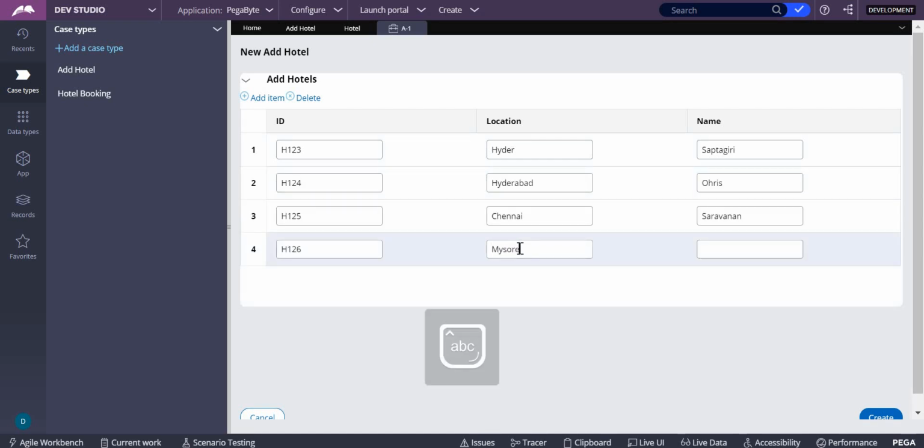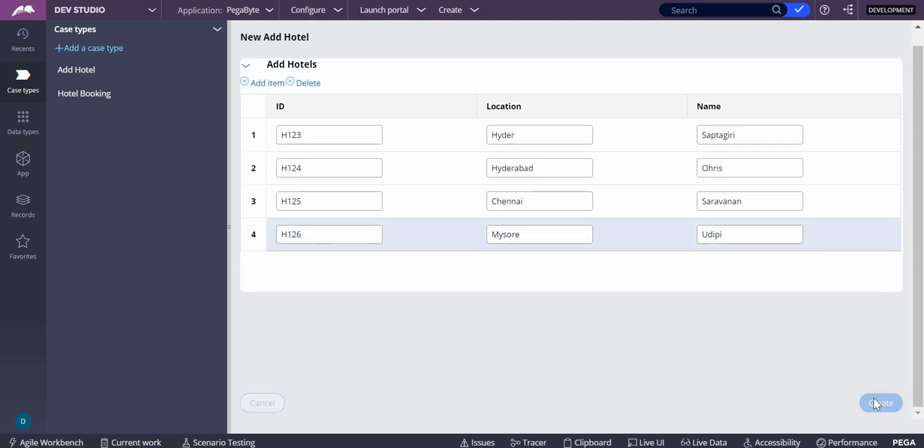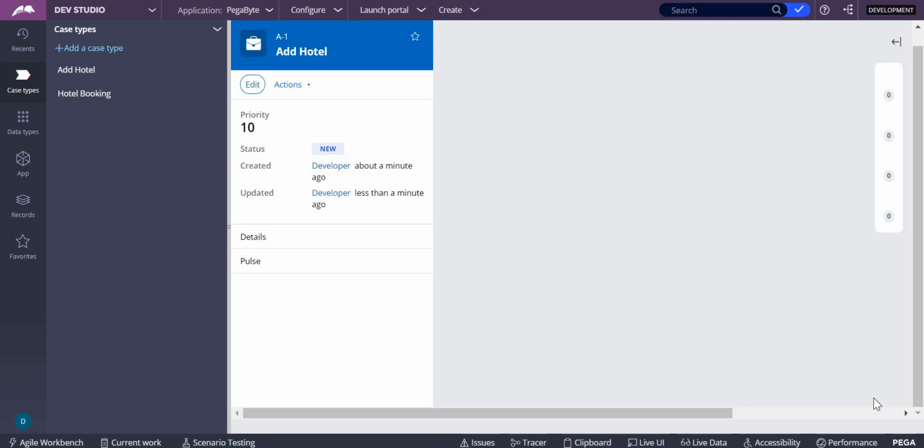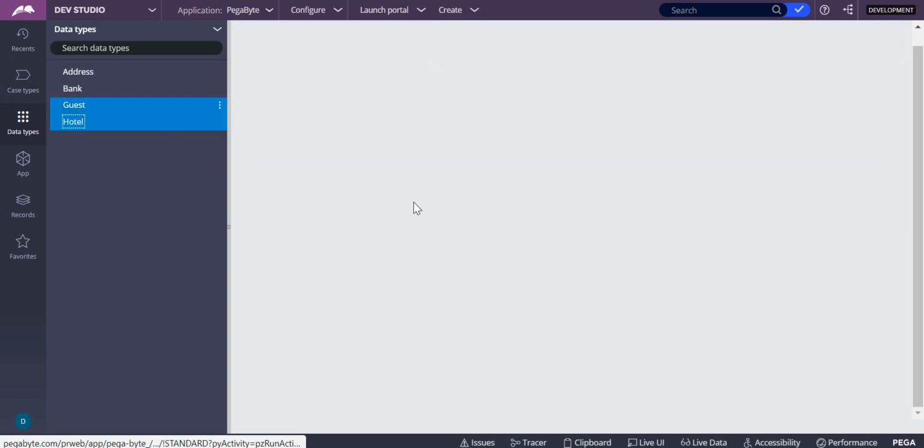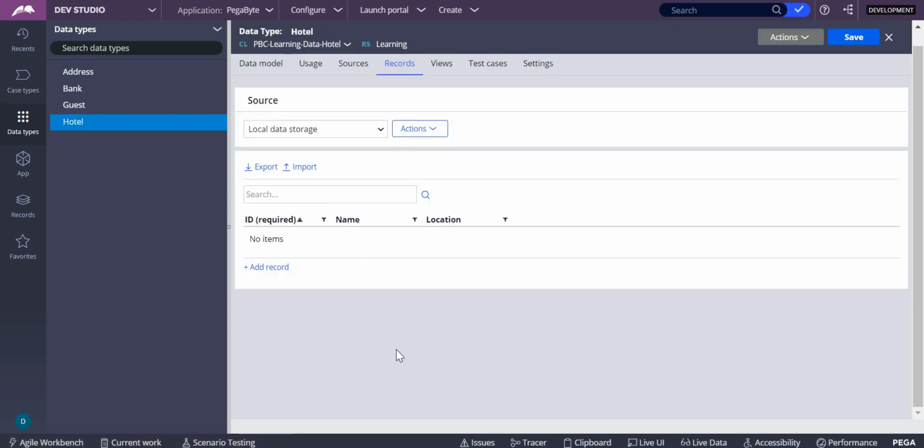Karnataka, Mysore. So when I click on create, all the four records I have here should be saved into my database. But if you look into my local data source over here, those are not storing. Can you see here? If I do action refresh, those are all not saved because I didn't configure anything.